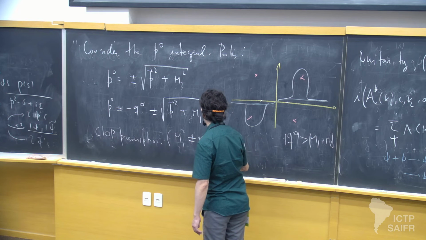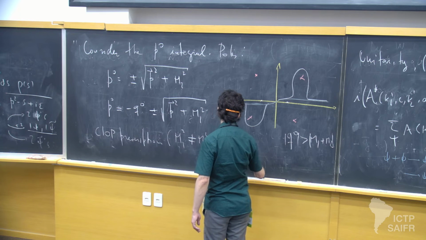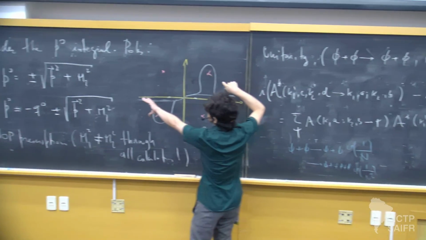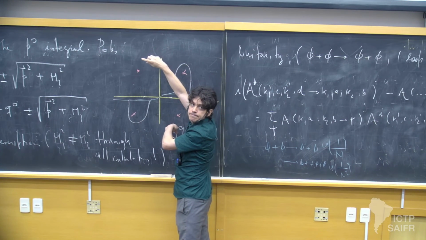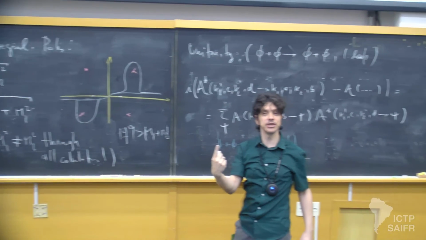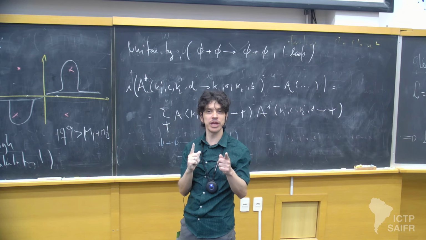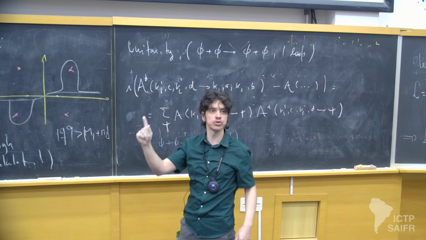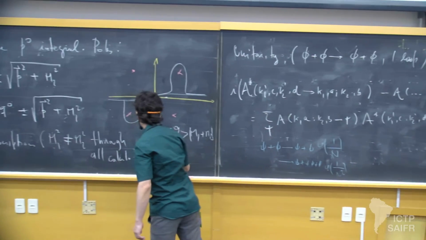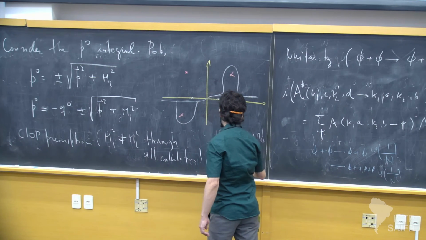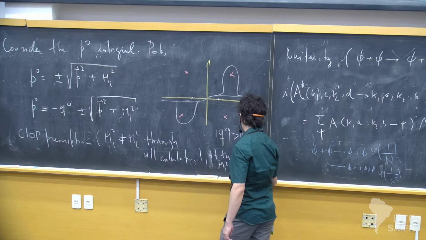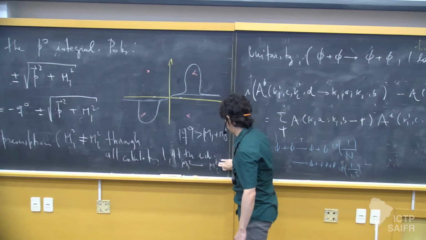Through all the calculation. If you do that, then there is no problem in doing the Wick rotation, right? And then at the end of the calculation, you take m1 square equals m2 star square. So at the end, you take m1 square to m2 star square. Of course,